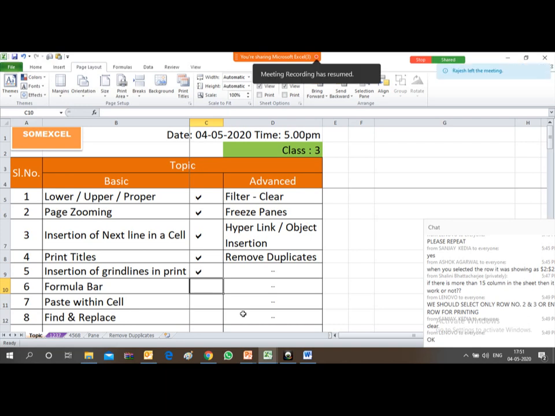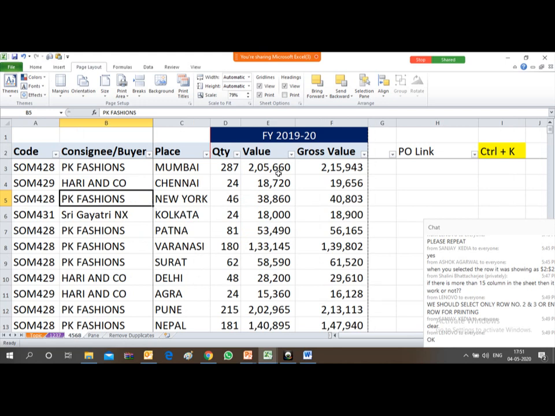Next is the formula bar. Friends, many times it happens that the formula bar is not appearing on your screen. Suppose I say this plus this.